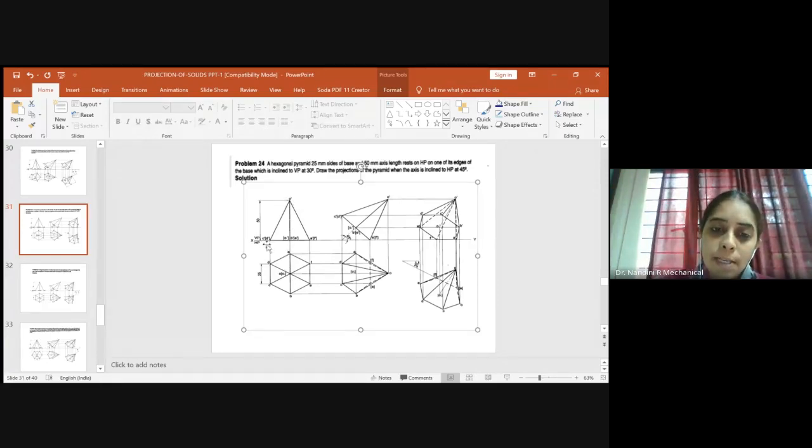So once the naming is done, please don't forget to show the dimension of the axis. So it is exactly 50 mm. Please draw the arrows properly, write the numerical font size, let it be clearly visible. Don't draw it in a very congested way. Everything you draw should be very neat, clean, readable, and the views have to be darkened. So by looking only, we should be able to understand that you have done everything with respect to the norms.